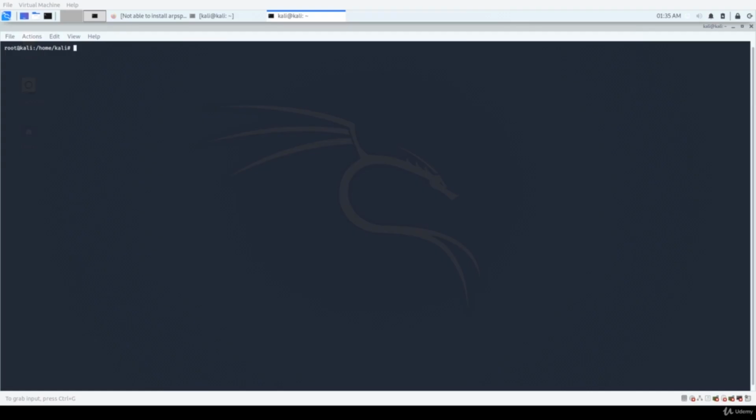Welcome back everyone. So now our goal is to use ARP spoofing to perform a man-in-the-middle attack. To do this, we need to first install several modules that we will use in our program. So the first thing we need to do is go to this terminal in Kali Linux and use this as